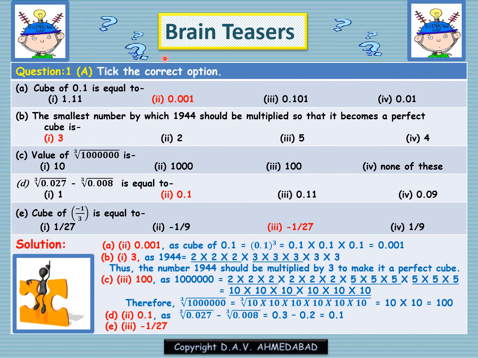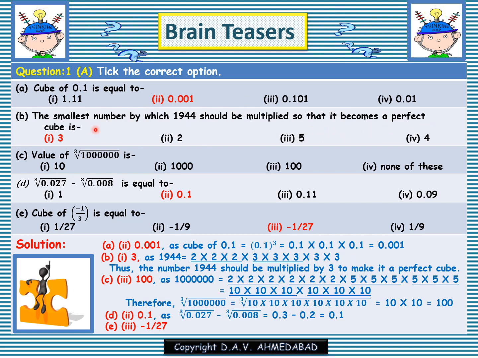So now let us tease our brains. First question is, cube of 0.1 is equal to, yes, we know that cube of 0.1 is 0.1 into 0.1 into 0.1, which is equal to 0.001. Second is, the smallest number by which 1944 should be multiplied so that it becomes a perfect cube is,